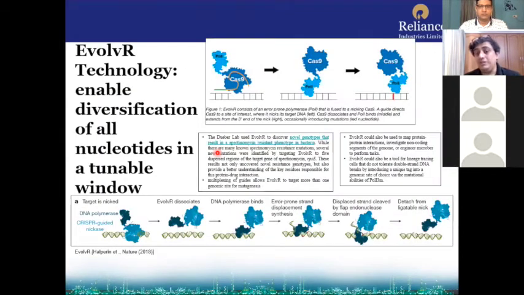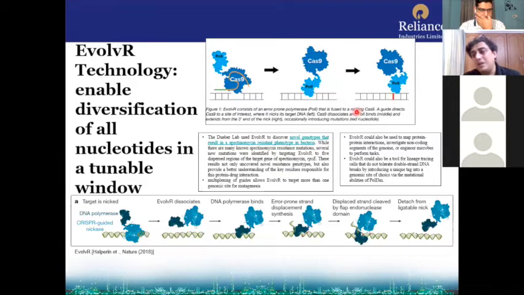Similarly, people have developed EvolvR. What is that? EvolvR consists of an error-prone polymerase. This error-prone polymerase, you fuse with a nicking Cas9, which is nothing but cuts only one strand instead of two strands. So once the Cas9 cuts the DNA, it gets dissociated. Now the error-prone Pol basically attaches there and tries to rectify, and it gives rise to certain kinds of mutations.